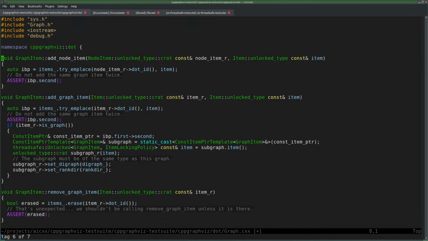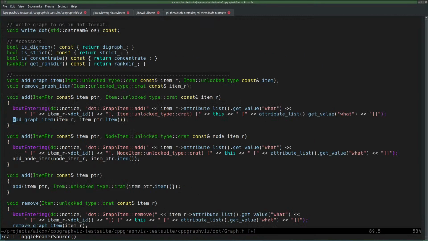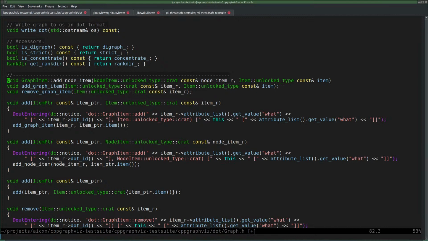And now we have to add that to the header, add graph item. Well, why do I have a remove graph item?